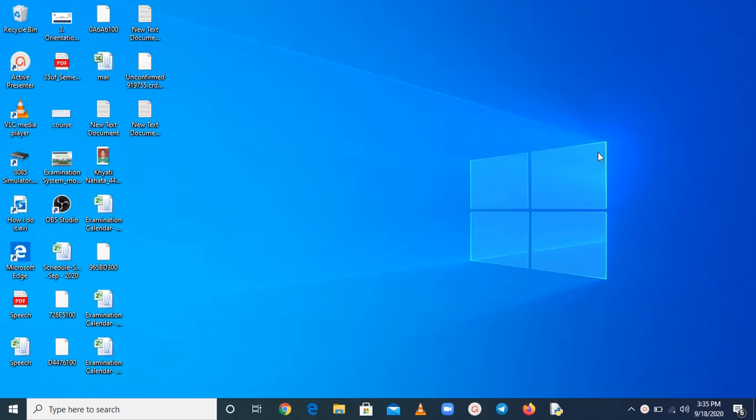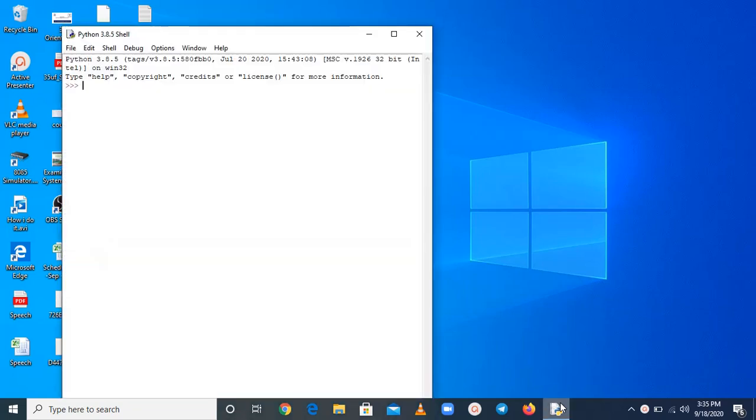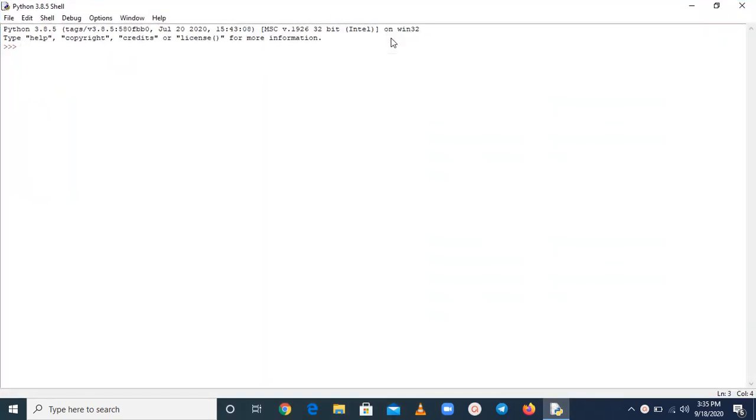Hello friends, this is Pradeep Yadav and today I am going to discuss the first program of Python, that is addition of two numbers. So, there are two methods to perform addition. One is where a value is already given and second is where the user has to enter the value. So, I will discuss both methods one by one.